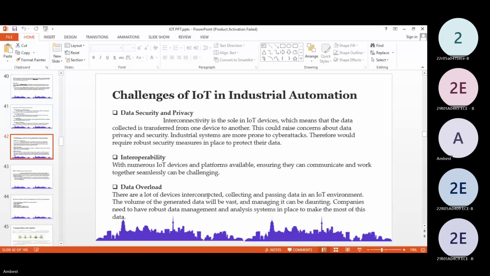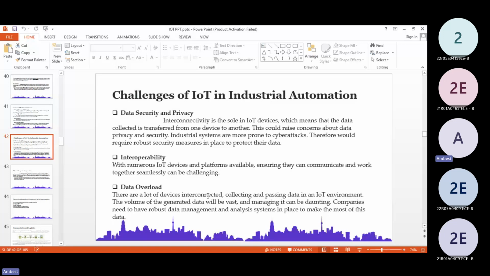And the next thing was data overload. There are a lot of devices which are interconnected, collecting and passing on data in an IoT environment.